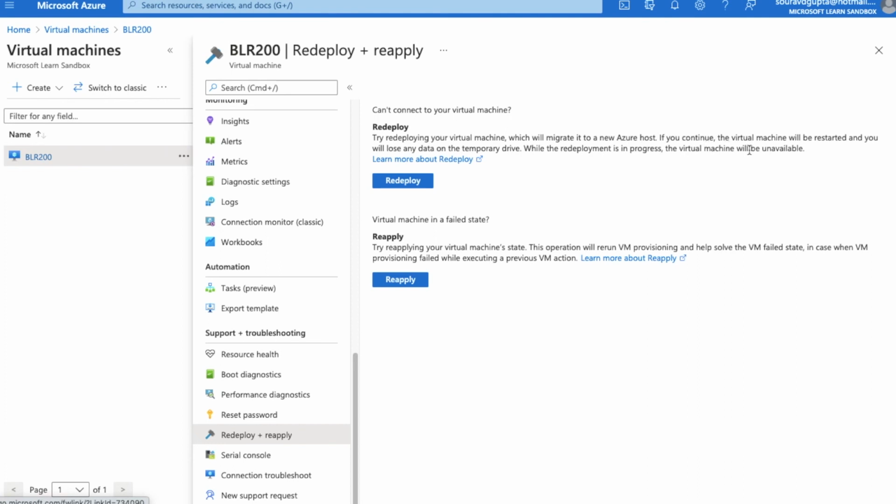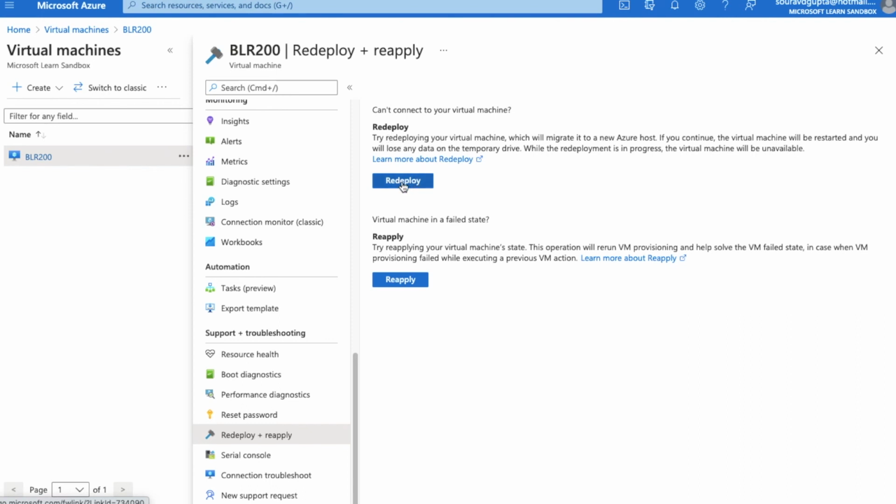If you continue, the virtual machine will be restarted and you will lose any data on the temporary drive. While the redeployment is in progress, the virtual machine will be unavailable. So we can see that after the redeploying finishes, ephemeral disk data is lost. Also, if you have a dynamic IP address enabled, then that IP also gets updated. So this is the seventh step.